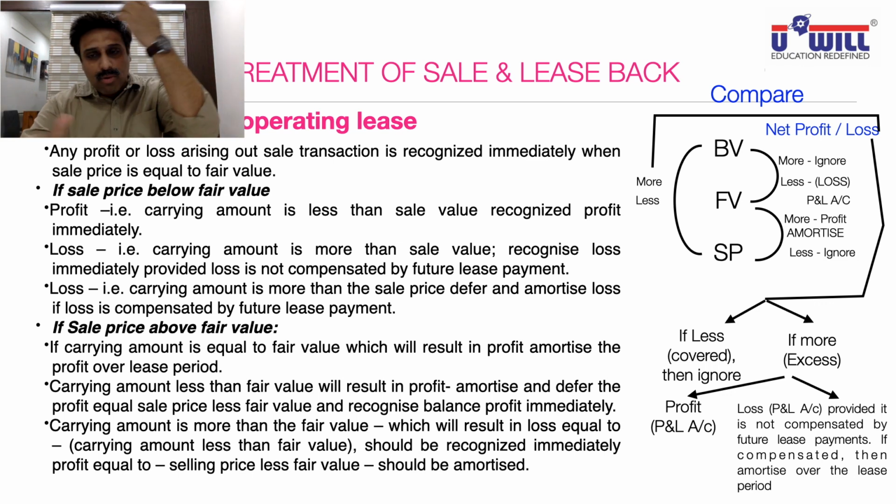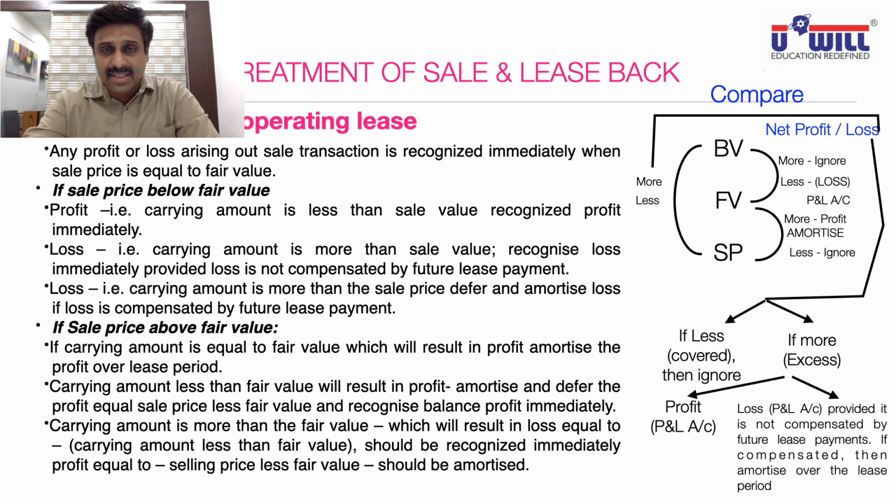Selling price equal to fair value means that in the bottom difference, between fair value and selling price, you will have neither more nor less. Both are equal. I repeat, unless selling price is equal to fair value, in the right side diagram, the last two items in the top part, FV and SP, are both equal, meaning you have neither the "more" point, that profit to amortize, nor the "less" point, ignore. Both are not there. So that portion gets excluded for the first situation.